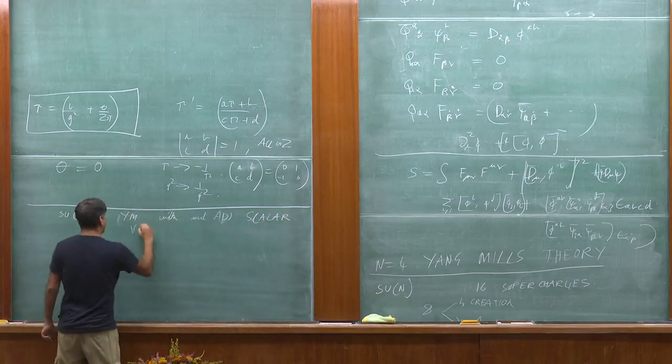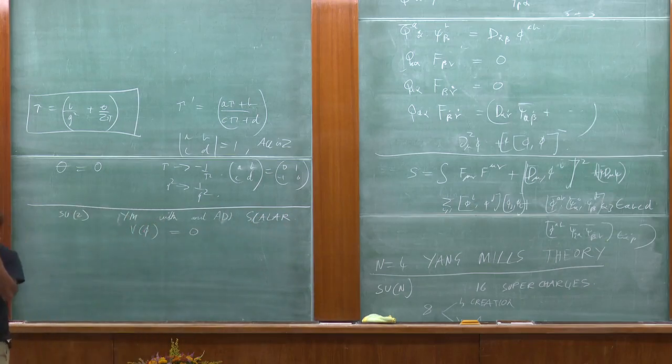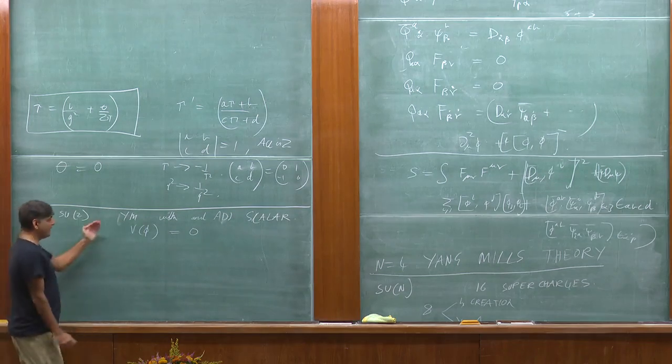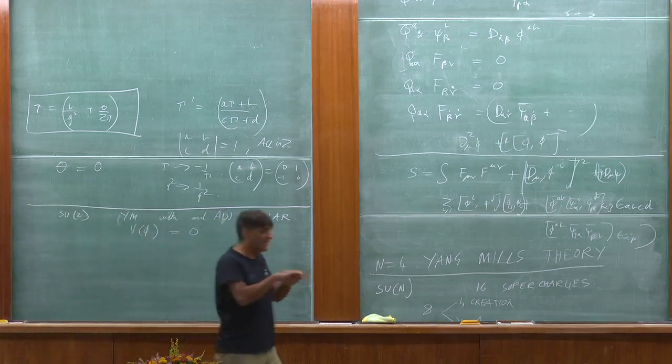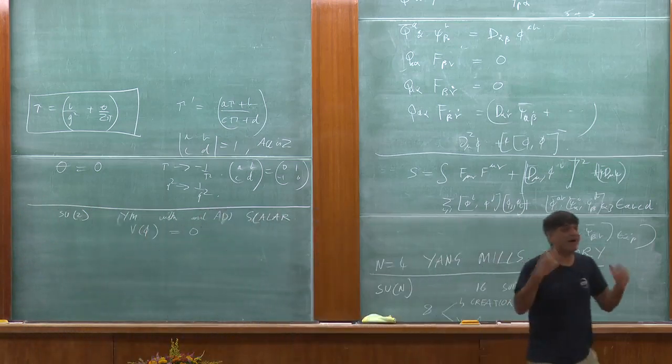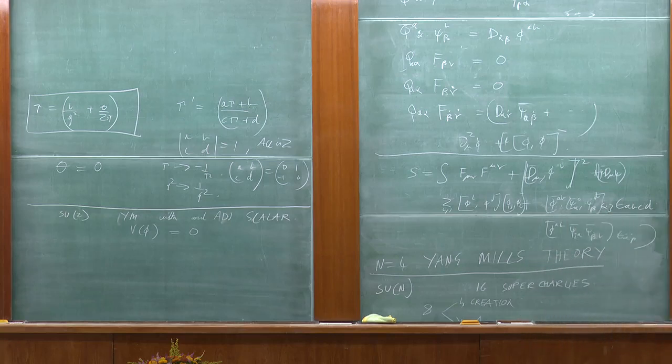And they just put by hand the potential for the scalar field equal to 0. Okay? Then what they did was to look for the spectrum of interesting protected particles in this theory. Okay, because they looked at SU(2) with a scalar field with no potential, they realized that there was this Coulomb